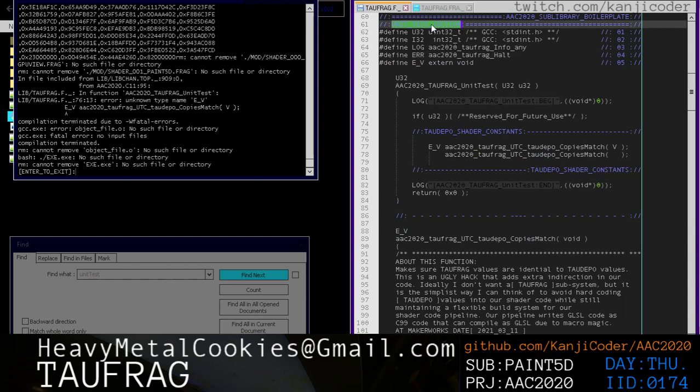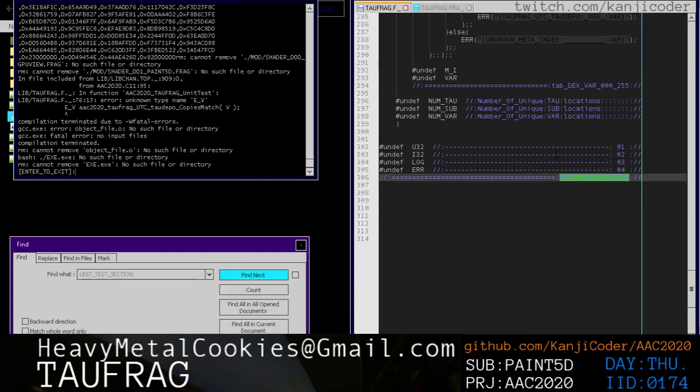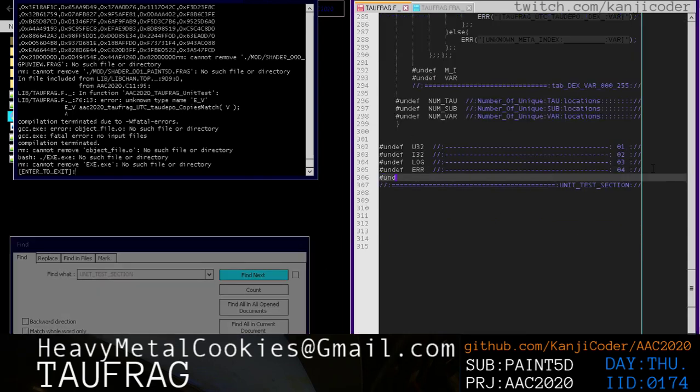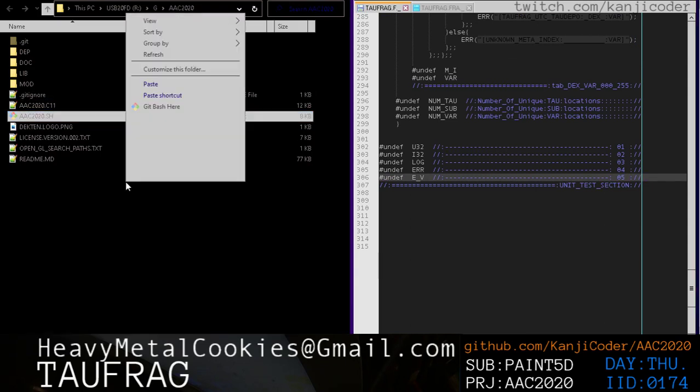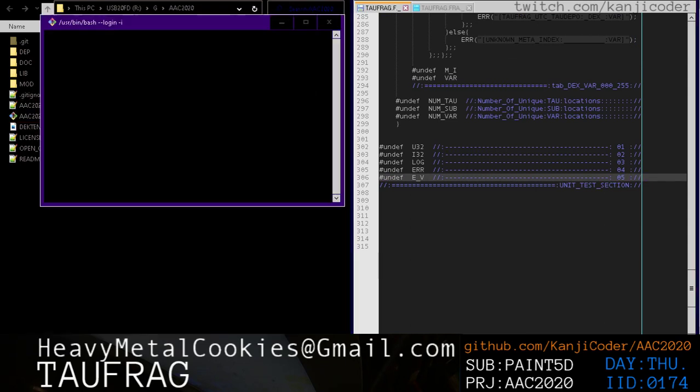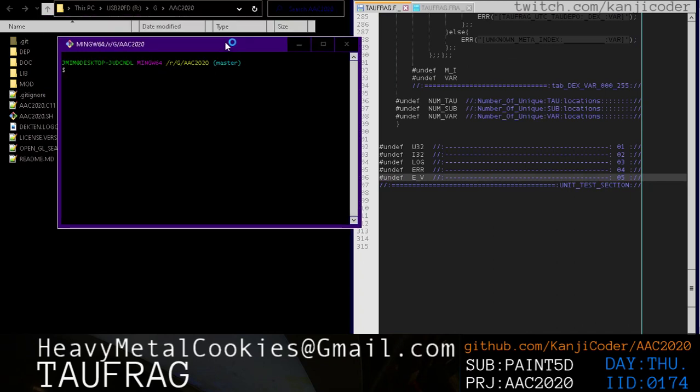And then in the unit test section, we're going to go down here, and we're going to undef EV as extern void. And then let's just open up a console here, because it's getting annoying. Git Bash here, open up a console, and then,